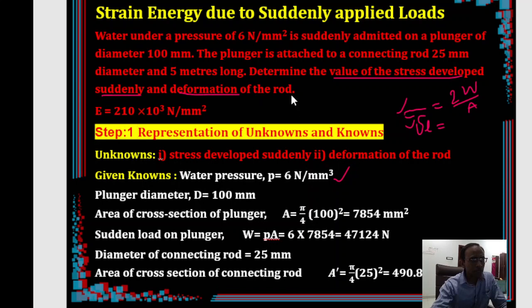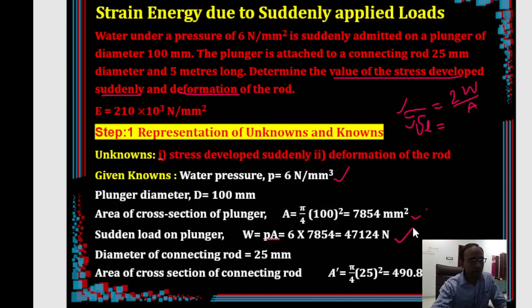Pressure, then multiply with the cross section area, you will be getting the amount of load that was acting due to the water, right? So plunger diameter was given, right? Plunger admitted on a plunger of 100 mm diameter. So diameter known means area we can find. So once you got the area, you can multiply that with the pressure, you got the force, that is the